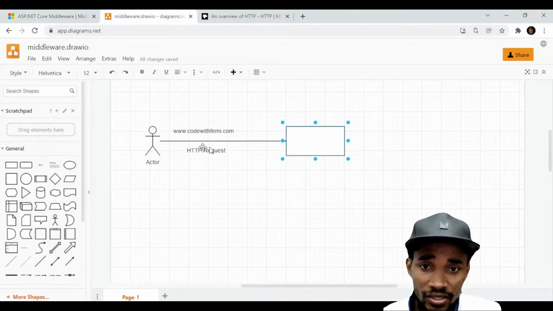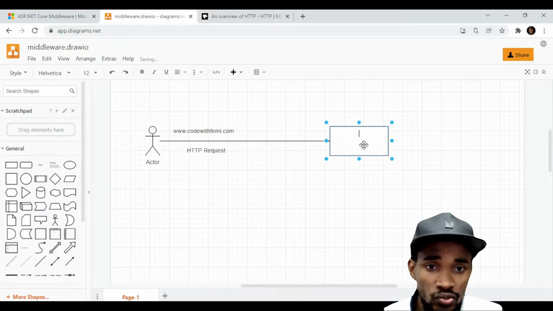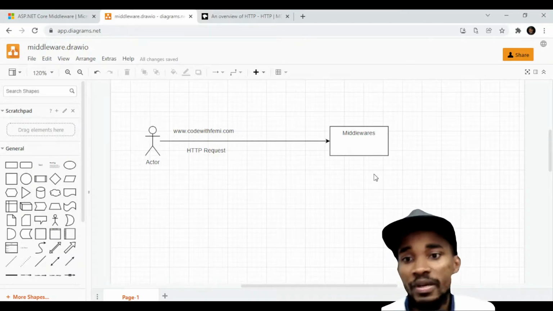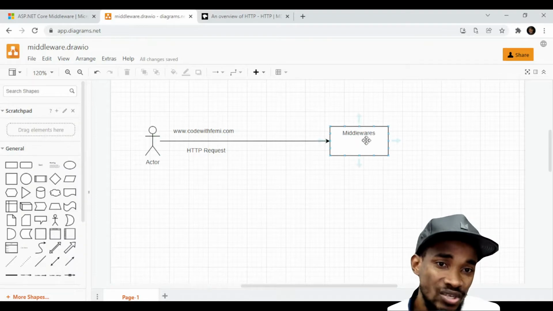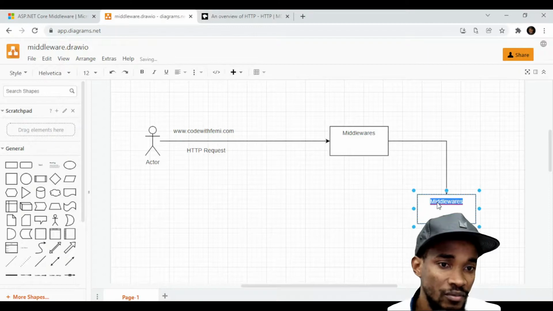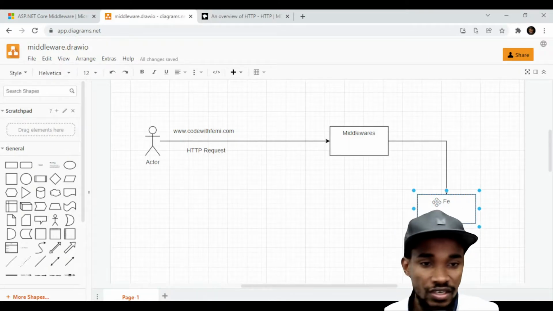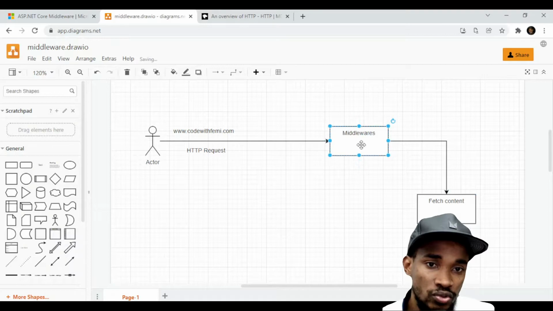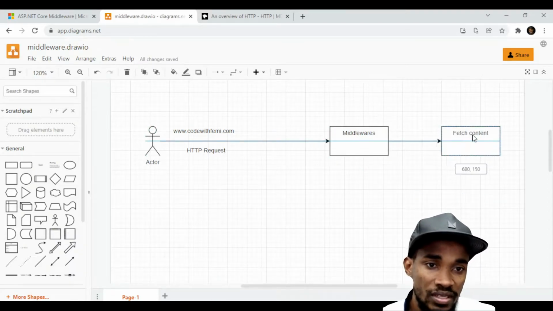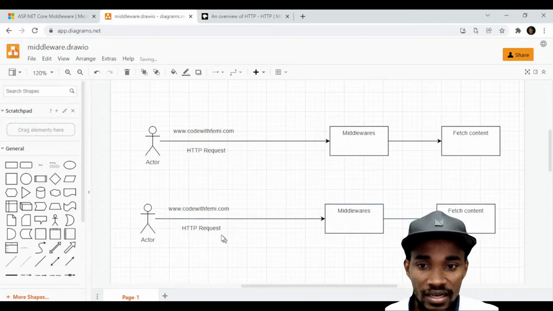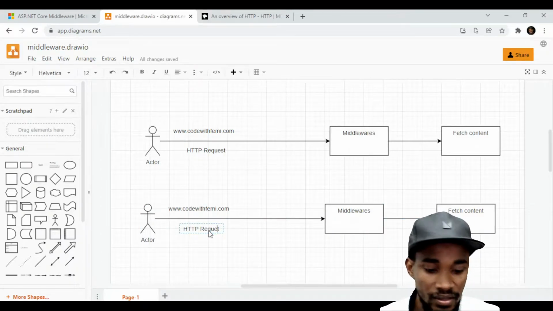So we can see how the call goes. Before it gets to making sure that it gets the actual page and gives it back to the users, it goes through a middleware, and then it goes to fetch the content, and then it travels back into the middleware and back to the user. So this is the request scenario, and then this is the response scenario,